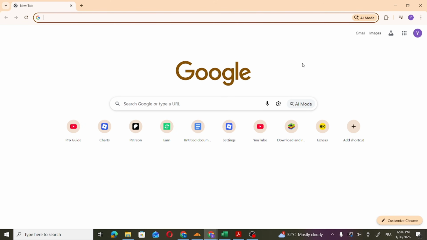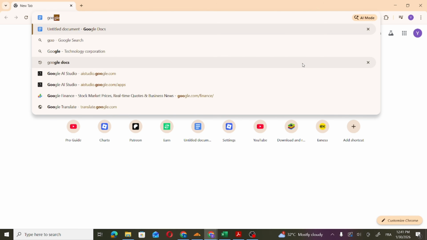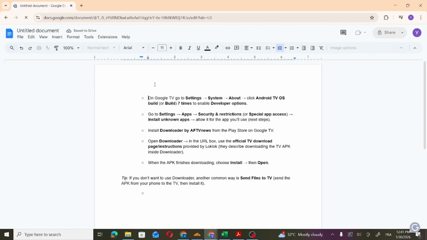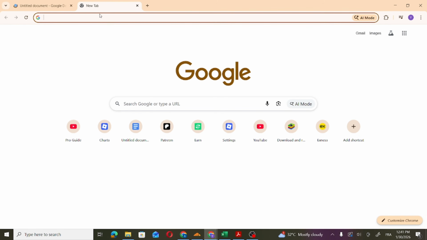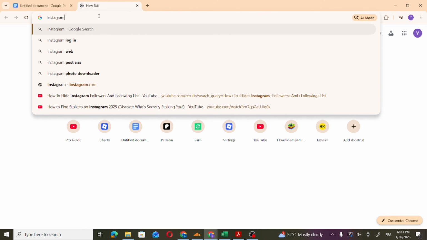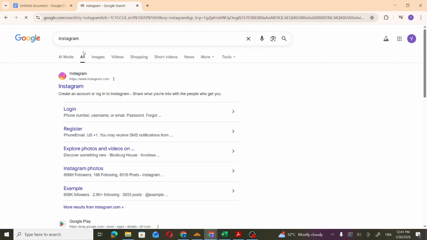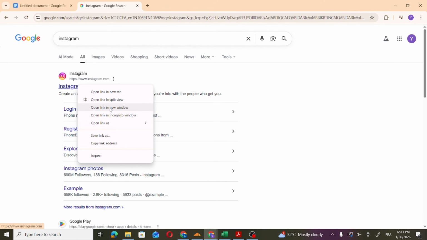So all you need to do is open Google Docs, prepare your Google Doc and then open a new tab and then search for the website you want to open, for example Instagram, and then copy the URL